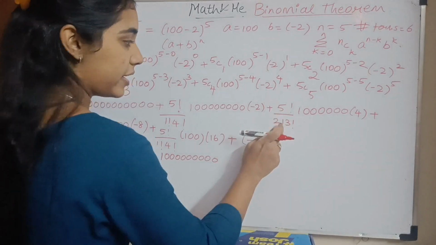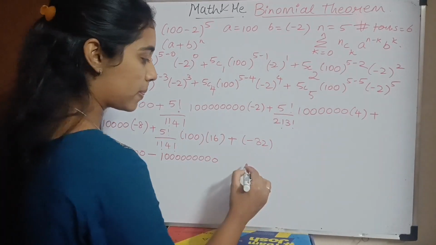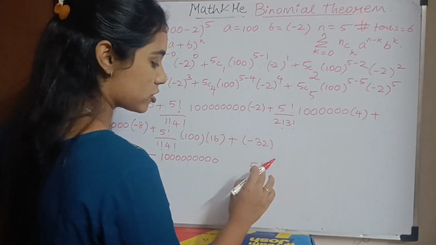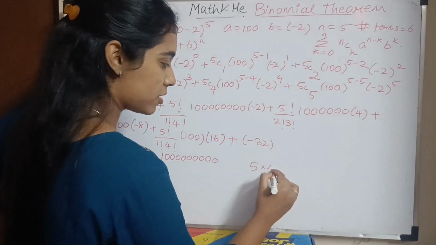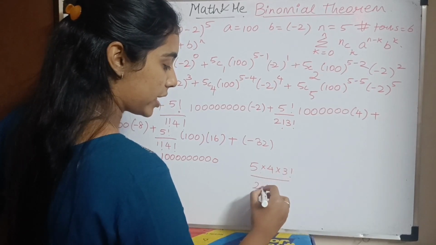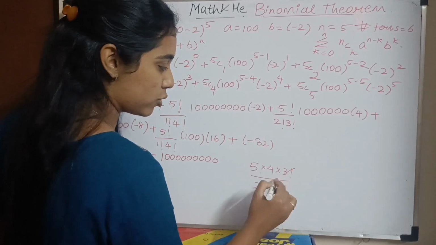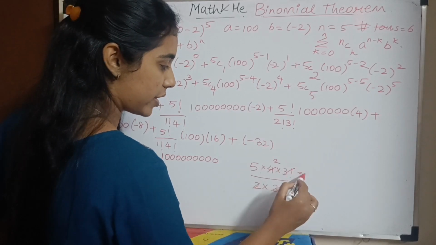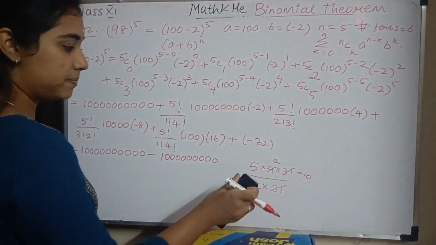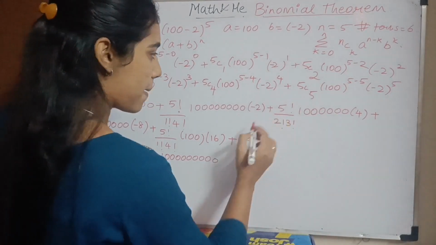Okay. 5 factorial by 2 factorial, 3 factorial, what is that? 5 factorial can also be written as 5 times 4 times 3 factorial divided by 2 times 2 factorial, which is 2 times 1 times 3 factorial. 3 factorial goes off, this goes off, so I have 10. Okay. So that is my 5C3. So it is plus 10